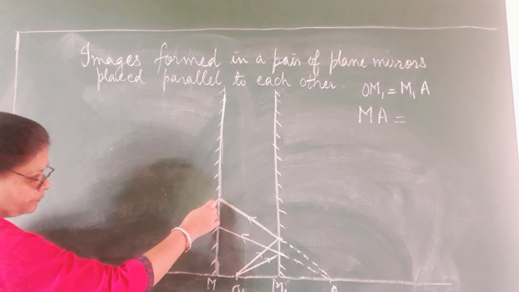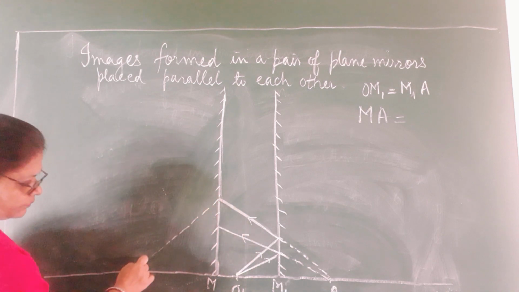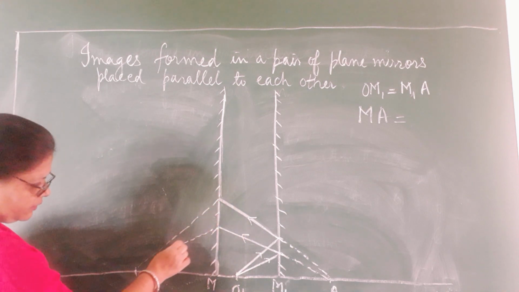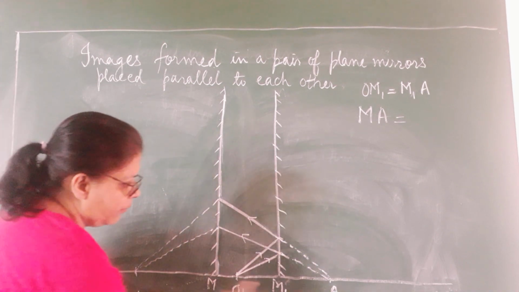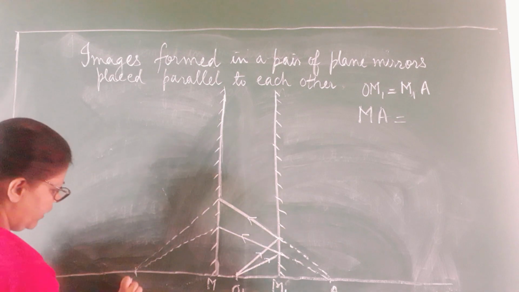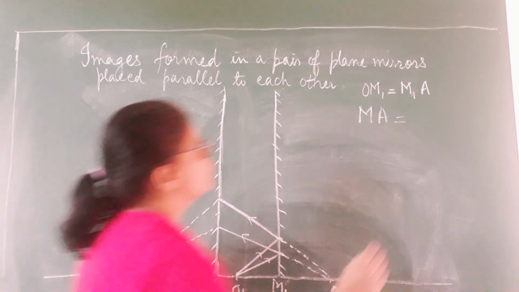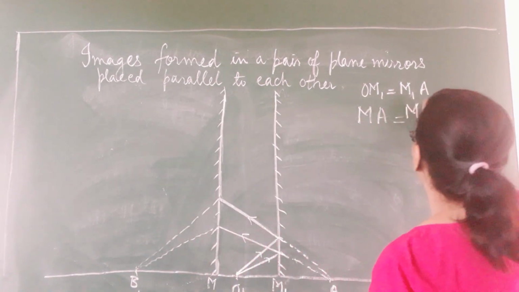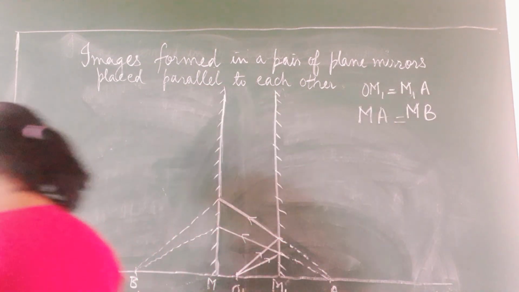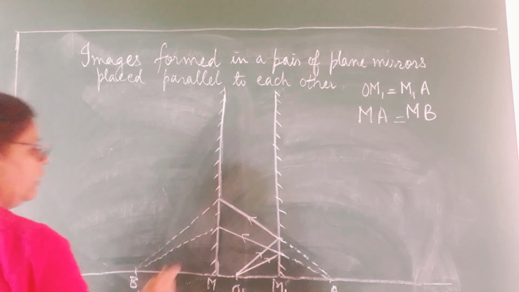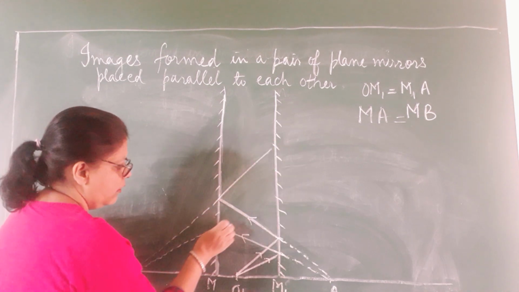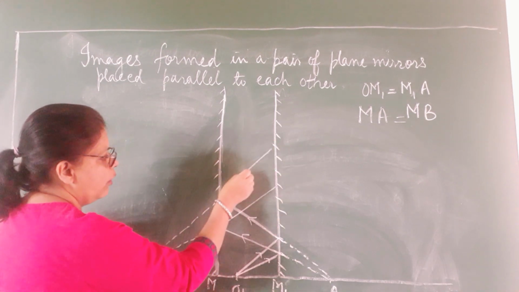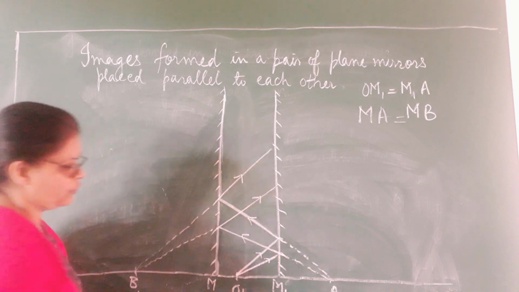these rays here like this. Yes, like this. Did you understand, children? So this particular distance MA should be equal to, say, MB. Should be equal to MB. Clear, children? So I have taken this and again I am going to pull them forward to fall on, and don't forget to put the arrows, children.